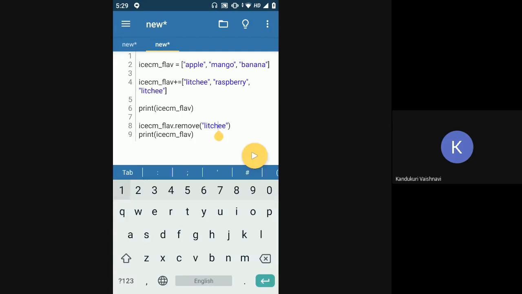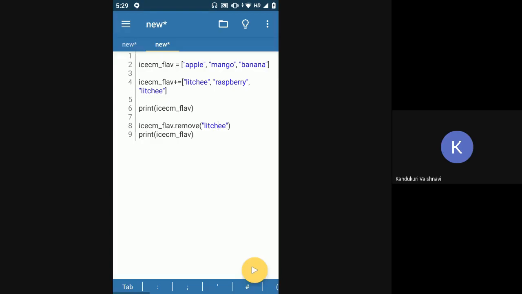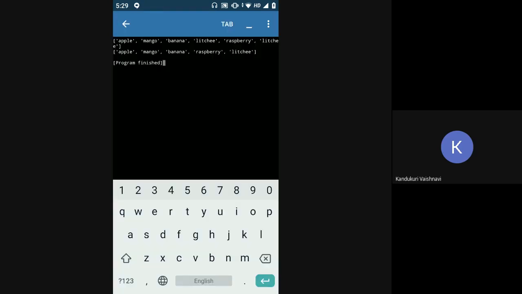Here you saw I had added lychee twice, so my list has two lychees now: apple, mango, banana, lychee, raspberry, lychee. When I said dot remove lychee, it removed the first occurrence of lychee, which was before raspberry. So the one that is present after raspberry is still there. This is how you remove elements from the list.